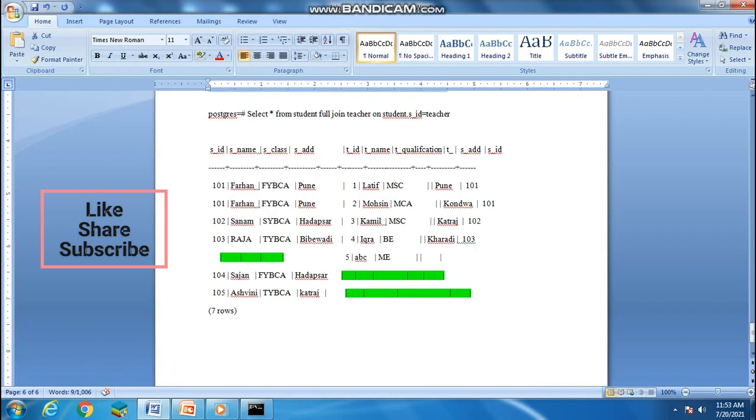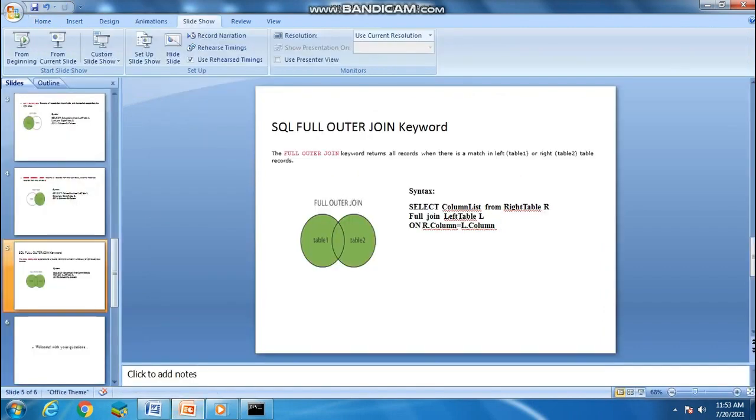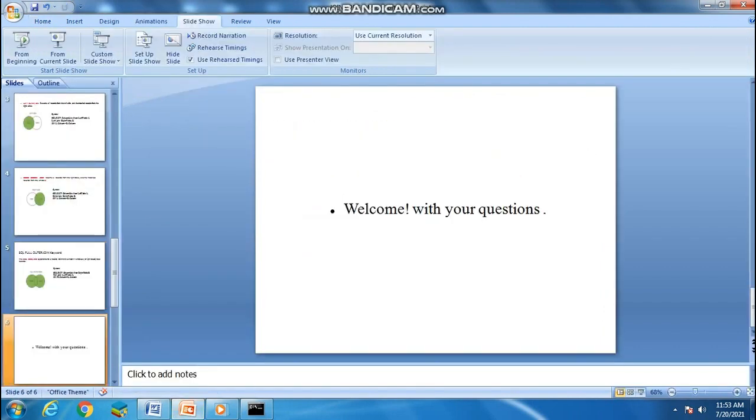I'll take the query from here. I'll just paste it here and press enter. So you can see here we are getting all the entries from the student table and all the entries from the teacher table, whether there is a match or there